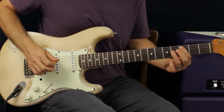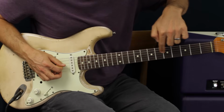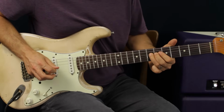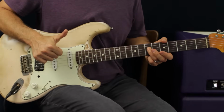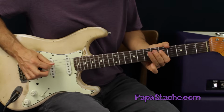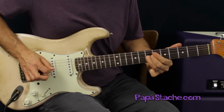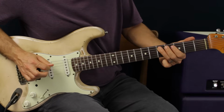So we've hit 2 of our chord tones. And then if we just slide up to D string 5 to 7, we're back at A, and we've hit all the root, the 3rd, and the 5th of our chord. So I went, and then